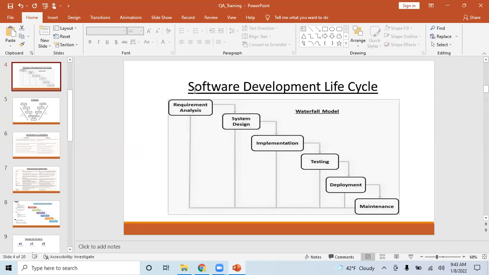Some interviewers use jargon like "what is SDLC," so you should be aware of the jargon as well. SDLC is the software development life cycle, and STLC is the software testing life cycle. And you should have a very good understanding of SDLC before you jump into the STLC.